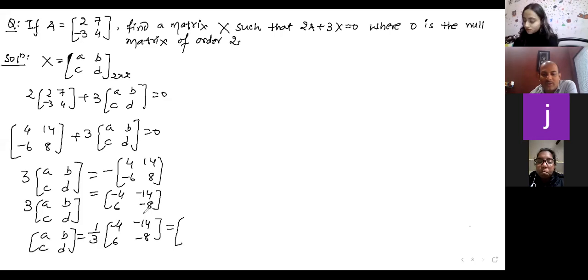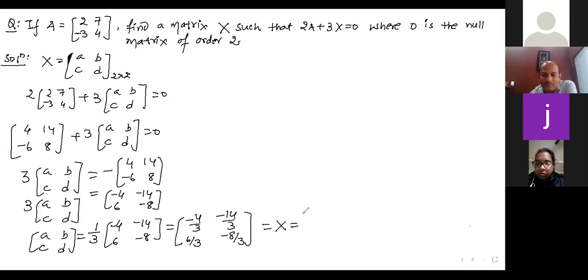That scalar quantity is 1 by 3 now. So every element of the matrix will get multiplied by 1 by 3, or every element gets divided by 3. It's all the same thing. So the final matrix we have is minus 4 by 3, minus 14 by 3, 6 upon 3, and minus 8 by 3, which in simplified form...